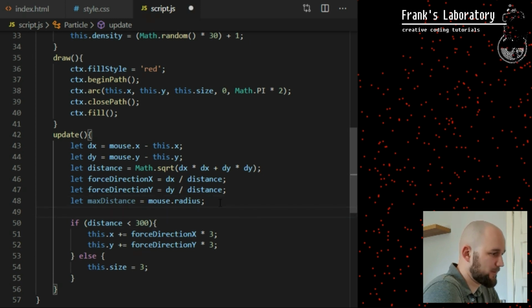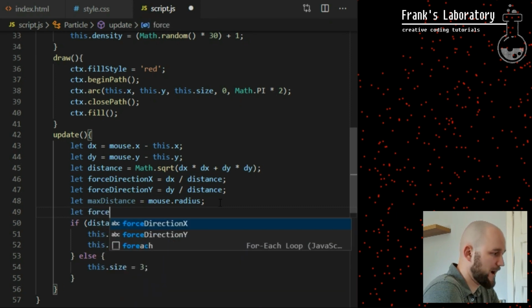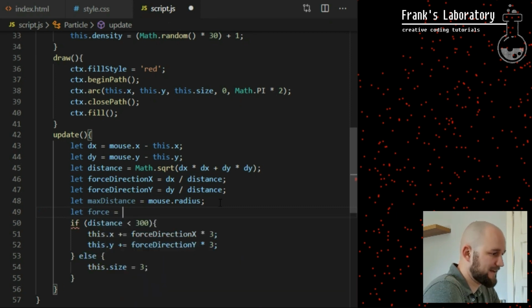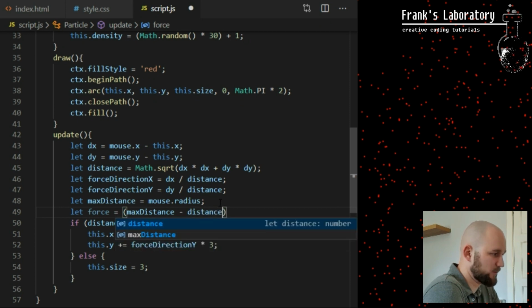This calculation I'm about to do takes any range of numbers and converts it to a range between 1 and 0. It will convert values between 0 and max distance into a range of 1 to 0, just so I can multiply values on line 51 and 52 by this number and get the particles to slow down as the distance between them and mouse increases, until they reach speed 0 as they reach the outer radius of interaction circle around the mouse.